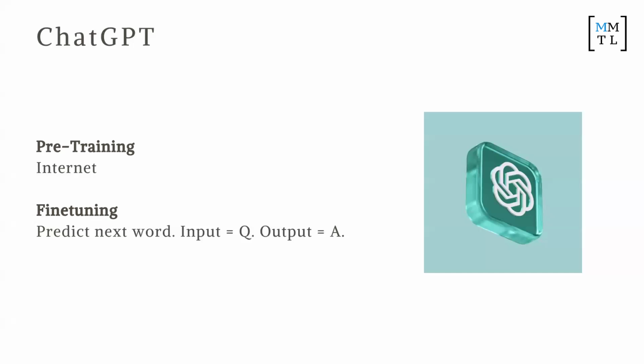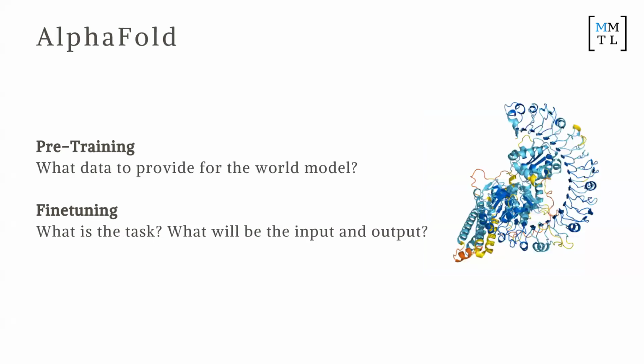So here, for example, we go through ChatGPT. Pre-training: what is the data? It comes from the internet. OpenAI has decided to train ChatGPT on the entire internet. The fine-tuning part is the task is to predict the next word, which is what we were talking about before. The input is that the user puts in a question, and ChatGPT will provide an answer. That's what's called an assistant model. Now you don't have to rely on this model. As we'll see, there are other ways to do it as well.